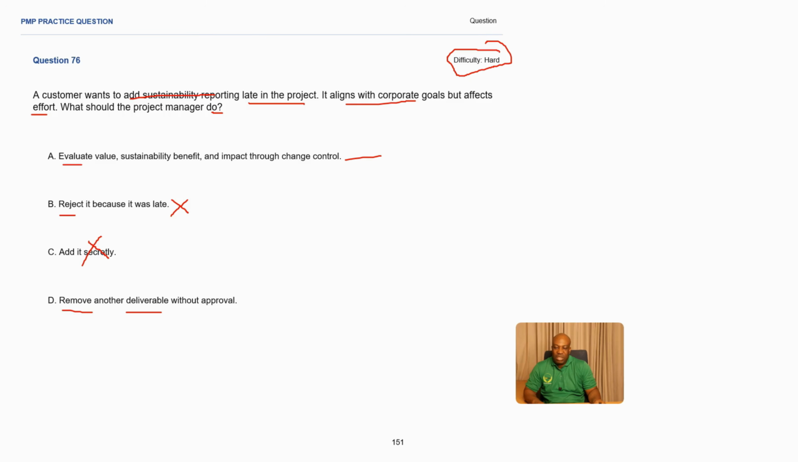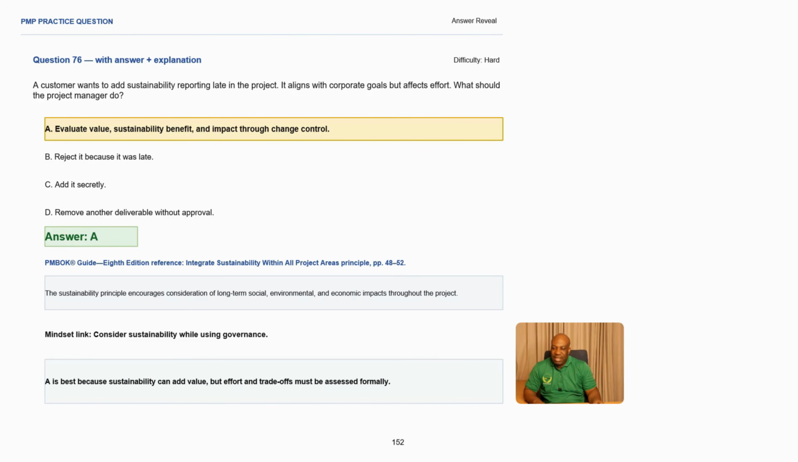In most cases, you need approvals, especially if it is a predictive environment, making this an incorrect answer. So the best answer here is A. So A is our best answer. Even if this is aligning with corporate, you still need to evaluate value, benefit, and also the impact, okay, for